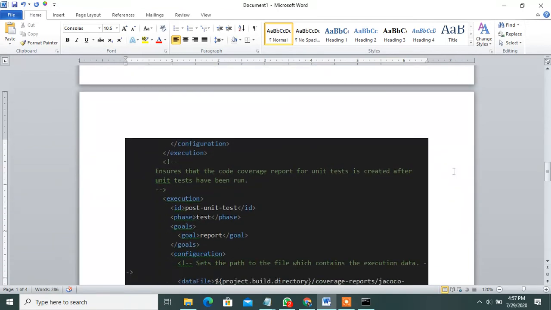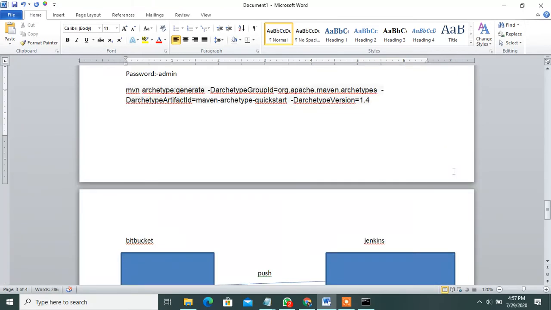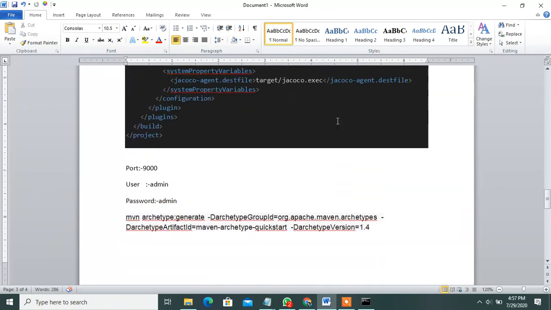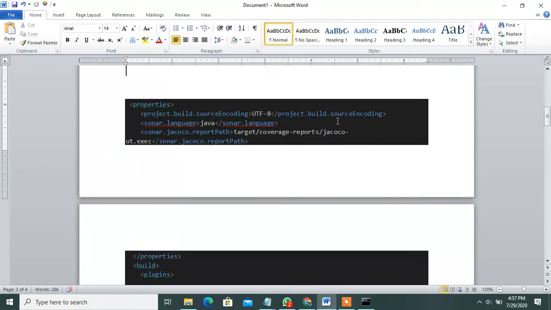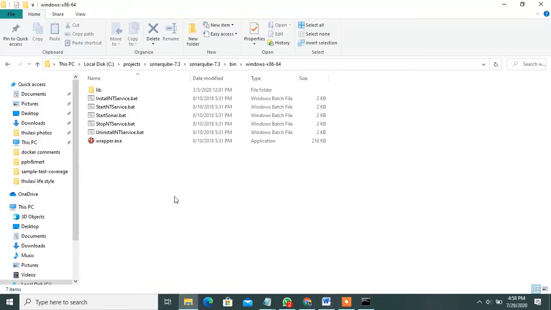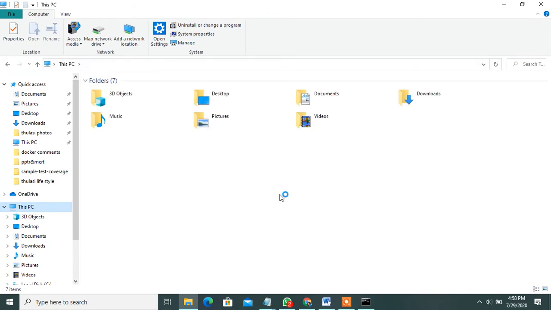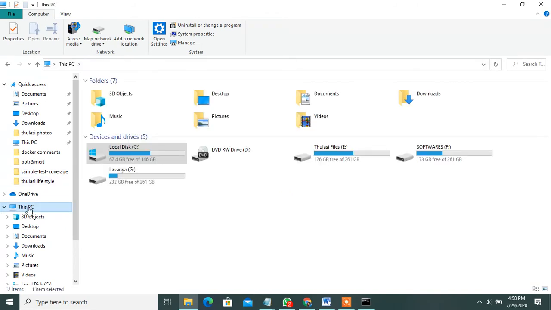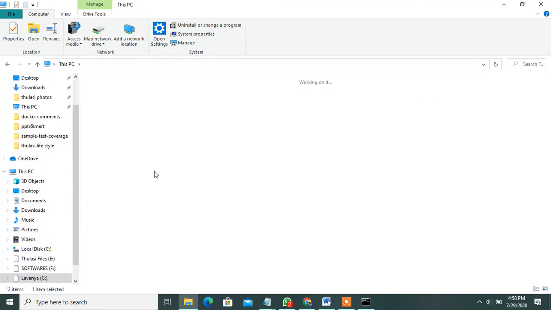I will take one. See this project also. Copy the URL. See these three commands also, you remember them. mvn copy URL, I already mentioned here in mvn. And go to my projects folder in the local repository. I will store it here. Where are all my project names?